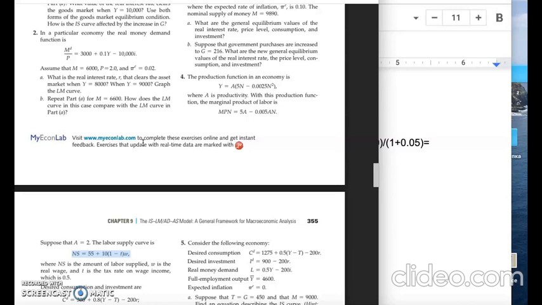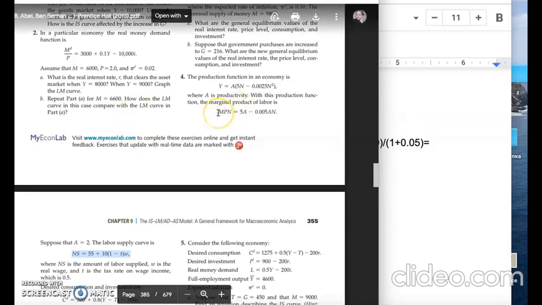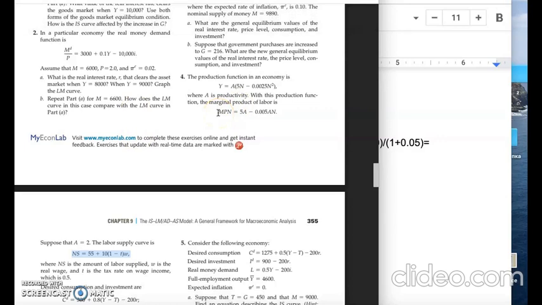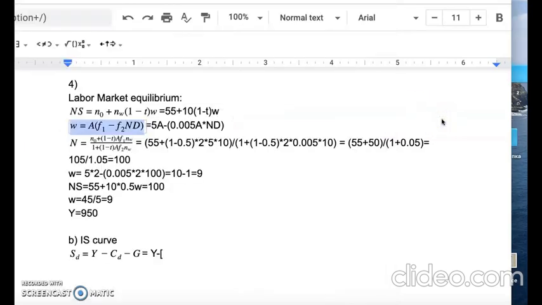So we use the function of marginal product of labor as a real wage function. So here we just replace the MPN equation here, and then